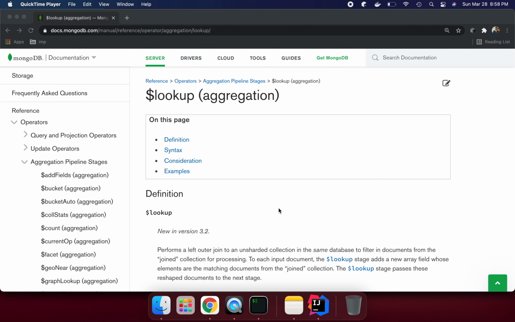In the last few lectures we talked about the relationship between two collections, like many to many, one to many, and many to one, right? The way we can do that is by linking two collections through references, like the way we have primary key and foreign key in a relational database. We have something similar in MongoDB, but